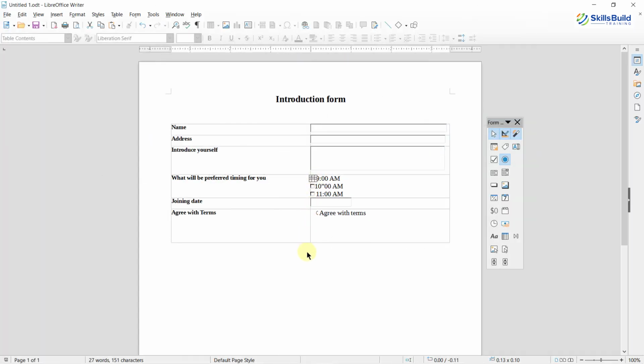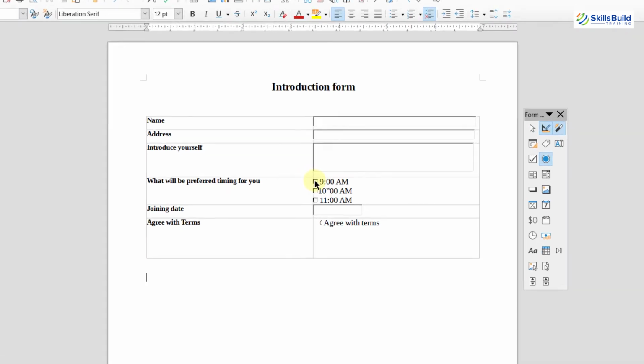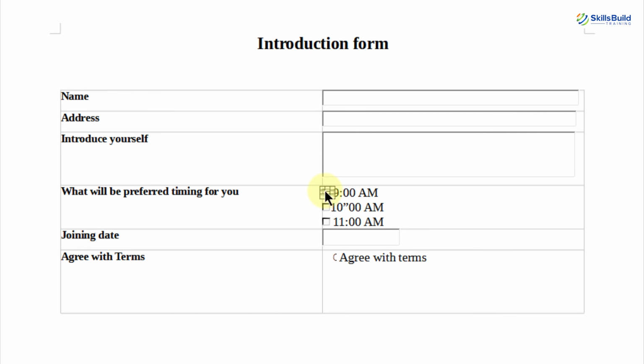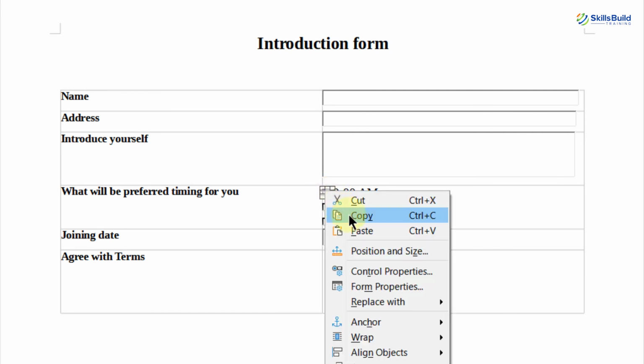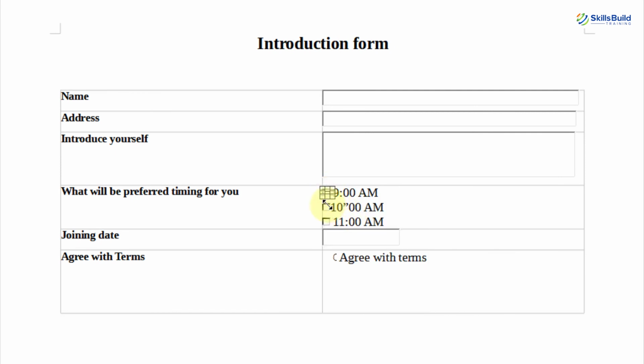As you can see here, we are on our LibreOffice document. What you can do, I will click on my checkbox and I will right click on it, and what I can do, I can copy it and I can paste it at several other places. It will make sure that we have the same size for all the checkboxes we use in our document, and with that we will not see any issue regarding the size of different components in our document. I'll show you this one in the PDF escape as well.